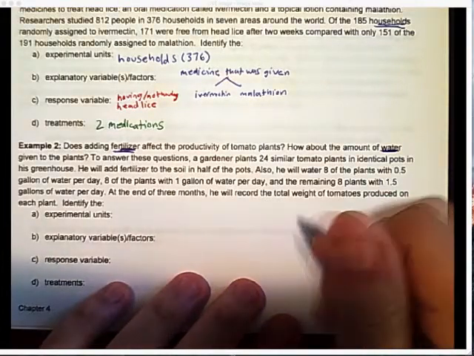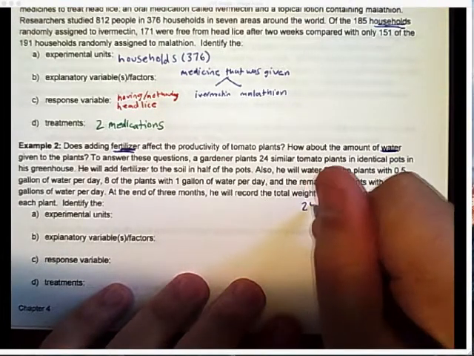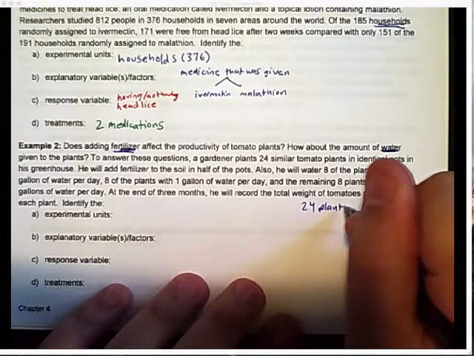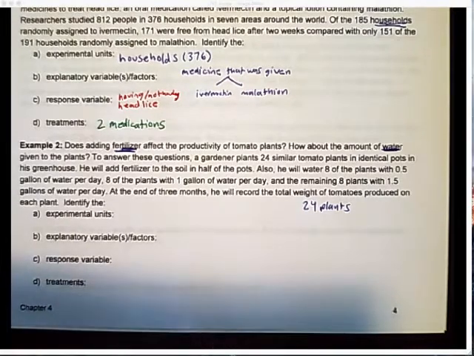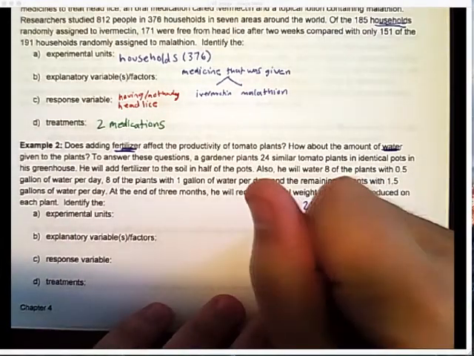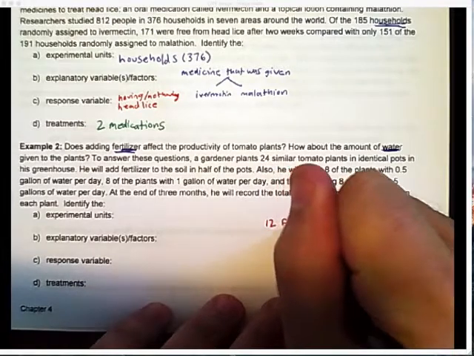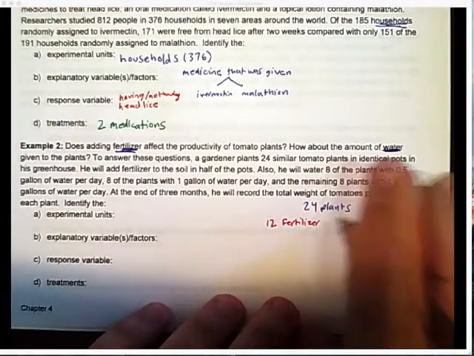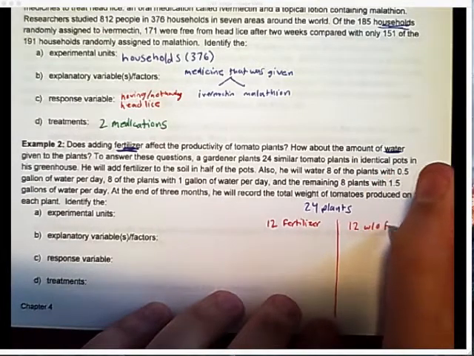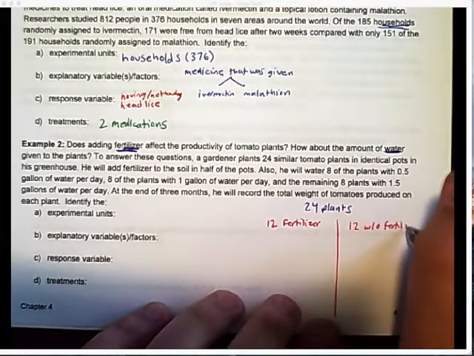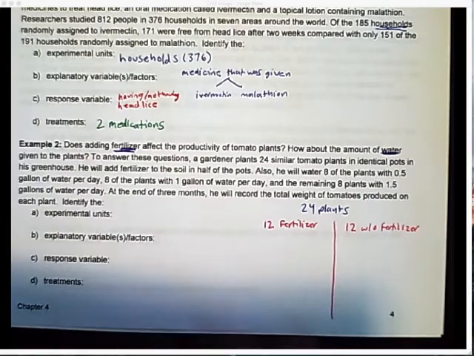All right, so we have 24 plants. It says that he will add fertilizer to the soil in half of the pots. So you're going to have 12 with fertilizer, and then you're going to have 12 without fertilizer. Okay. And it also tells us that